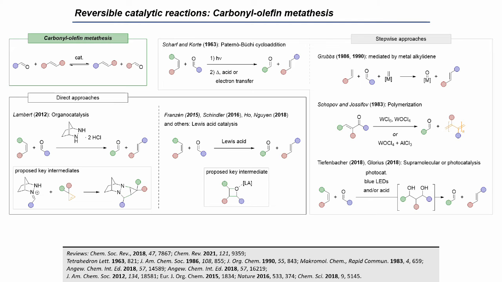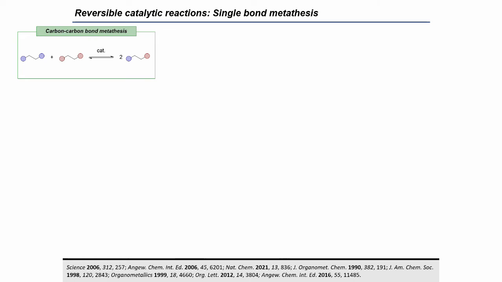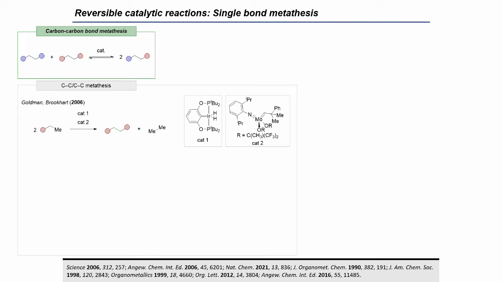Compared to the classical olefin metathesis, the development of a C-C single bond metathesis proved to be more challenging due to the inherent inertness of the unpolarized C-C single bond. Common strategies to achieve this transformation have relied on the release of ring strain, cleavage of 1,3-diketones, or intramolecular chelation. To circumvent some of the challenges associated with breaking C-C single bonds, the groups of Goldman and Brookhart developed